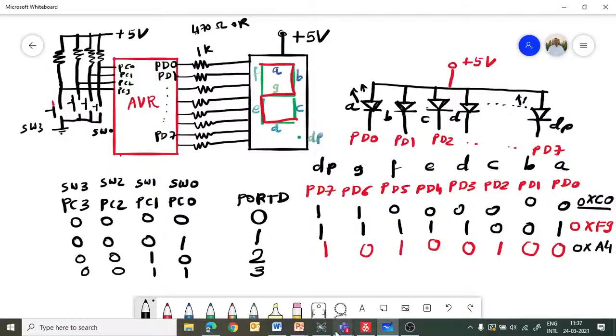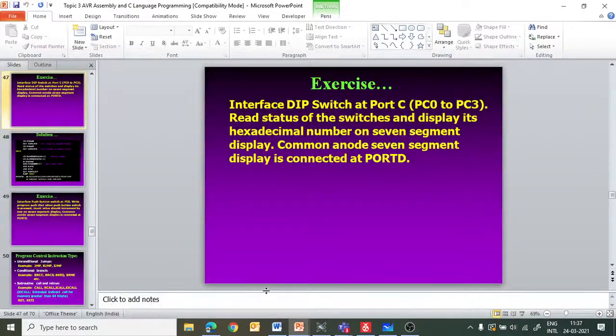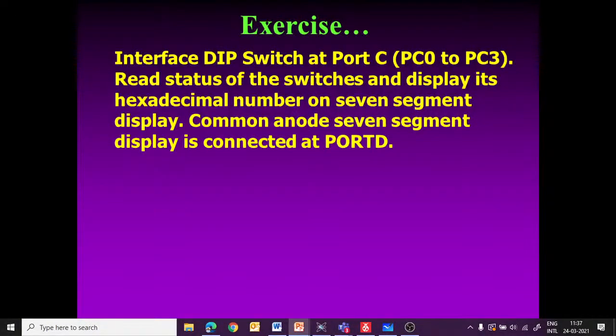So I will go back to this program again in a PPT. This is the exercise: interface dip switch at port C. So we have connected the switches, 4 switches at PC0 to PC3. We have to write a program so that we can read the status of switches and display its hexadecimal number on the 7 segment display.